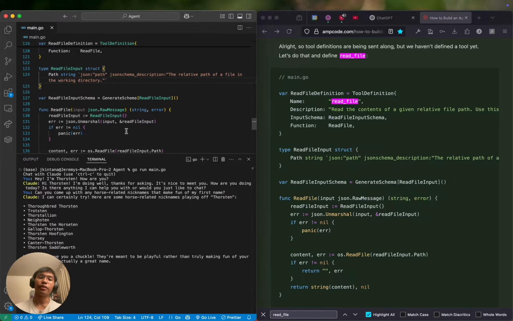Okay, I don't know how to read this. Read file input is a variable we're assigning to the value of